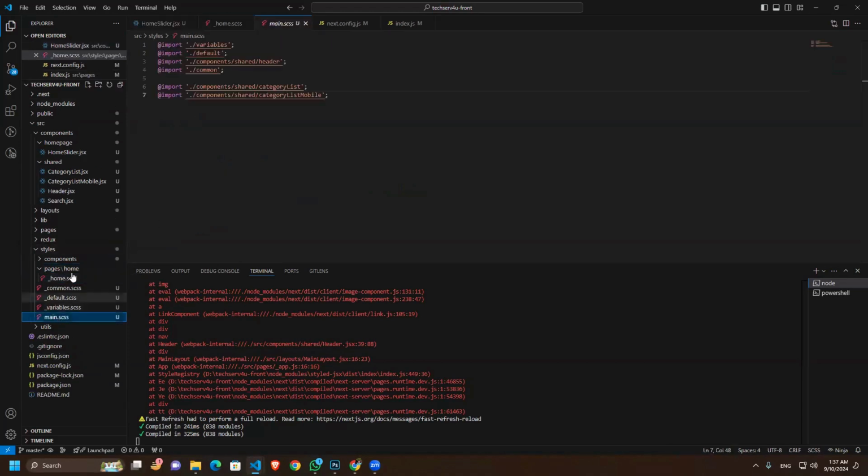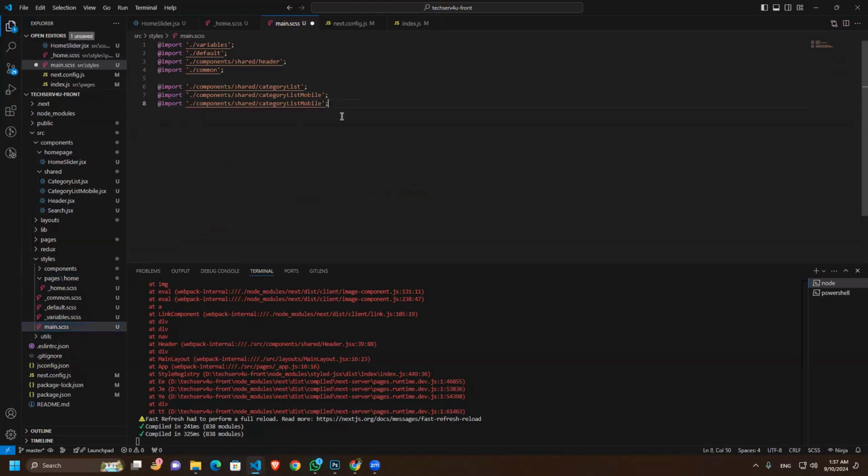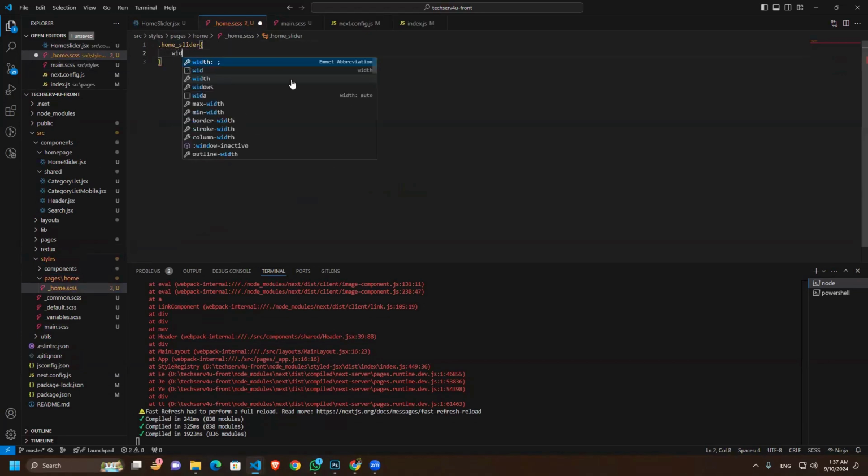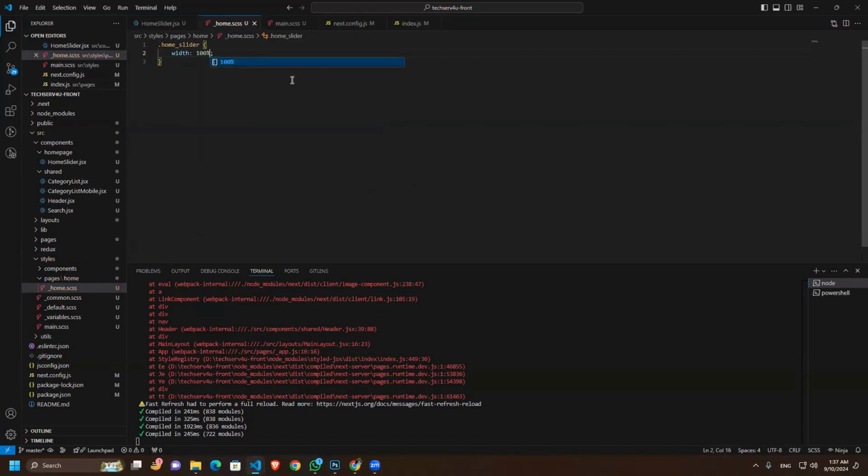And of course, do not forget to import it. It's not inside components, it is inside pages, home, and home.scss. So now inside our home.scss, we can say it should be width 100%, and inside that we have our